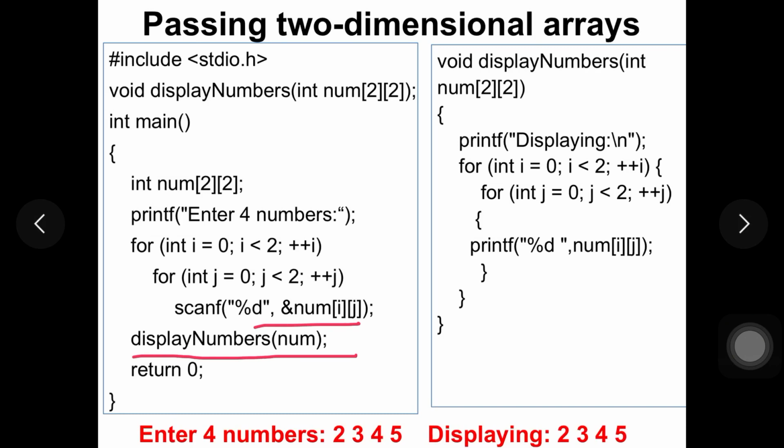If you are passing a particular value, then you have to use two sets of square brackets and write the row value and the column value of the element you are going to pass. Then, as it is, you print all the elements as you have read them. That's why the output at the bottom displays 2, 3, 4, 5. So this is about passing two-dimensional arrays to functions.